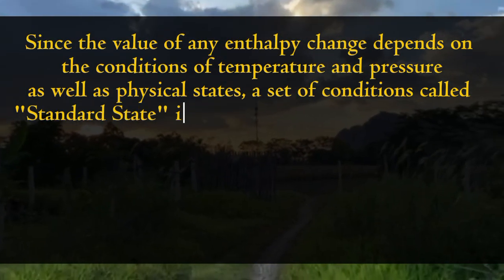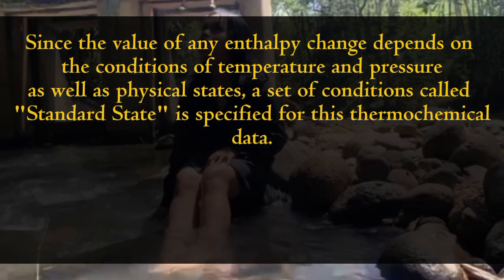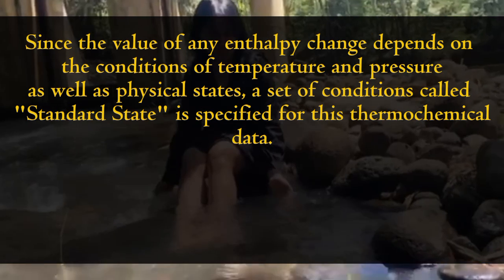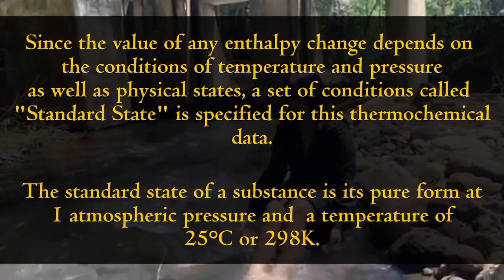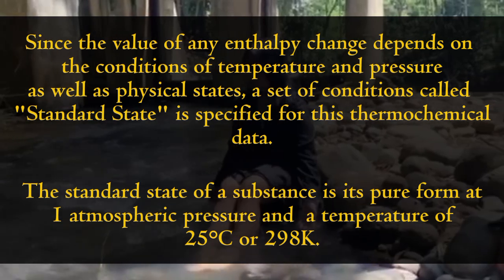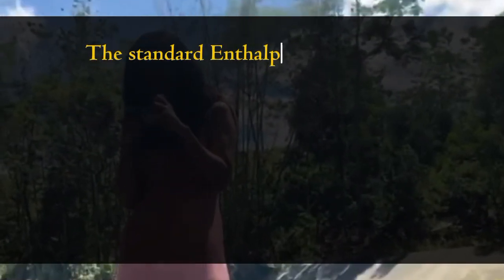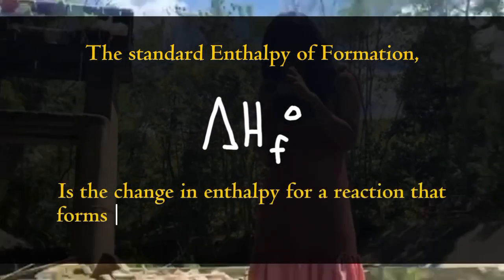Since the value of any enthalpy change depends on the conditions of temperature and pressure as well as physical states, a set of conditions called standard state is specified for this thermochemical data. The standard state of a substance is its pure form at 1 atmosphere pressure and a temperature of 25 degrees Celsius or 298 Kelvin. The standard enthalpy of formation, delta H subscript f superscript degree, is a change in enthalpy for